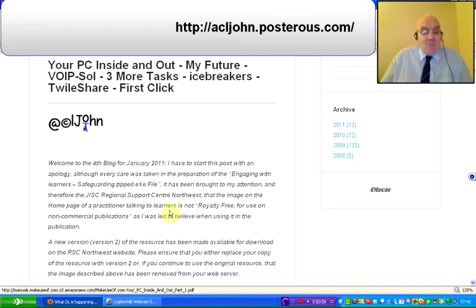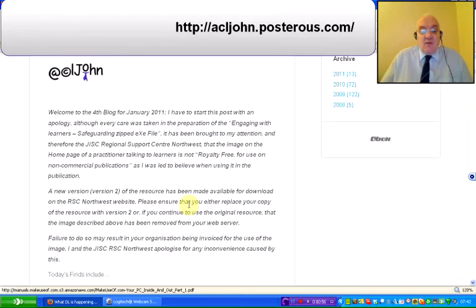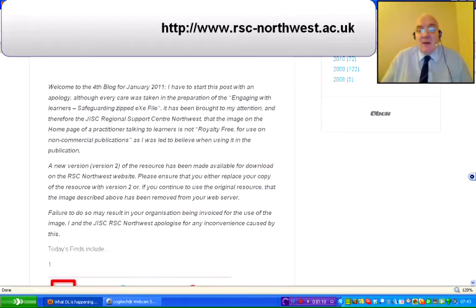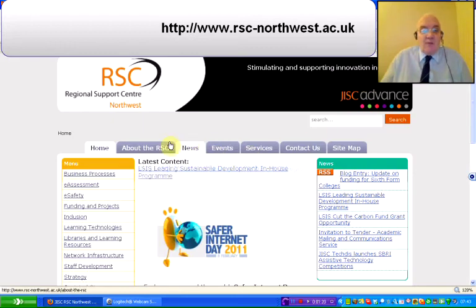The new version of the resource is available for you to download on our website. I'll show you where that is in a sec. But please do make sure you replace your copy of the resource with version 2, because if you continue to use the original resource, you may well be in receipt of an invoice. So please replace it. If you go on to our website, the address is at the top of the page there, which hopefully you all know,